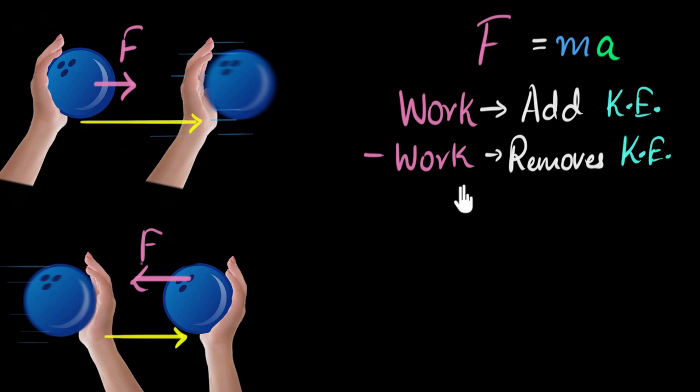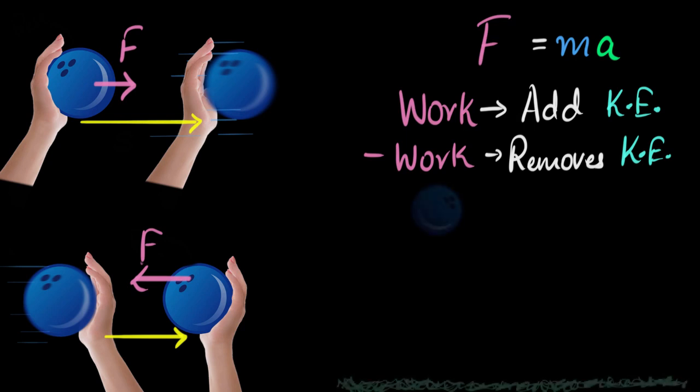And this is, crudely speaking, what we call the work-energy theorem. It basically says when you do work, you either add or remove the kinetic energy from the body. If you don't do work at all, then the kinetic energy will not change. Of course, we'll derive the mathematical version a little bit later, but before we do that, let's look at some